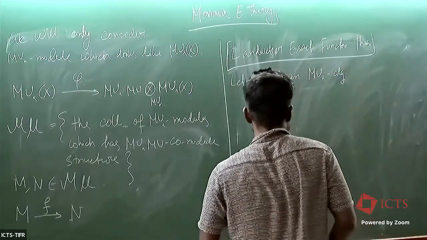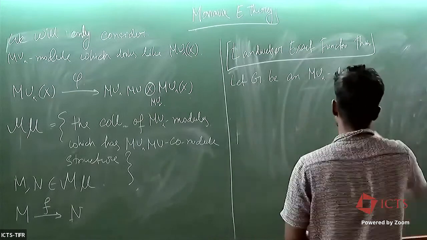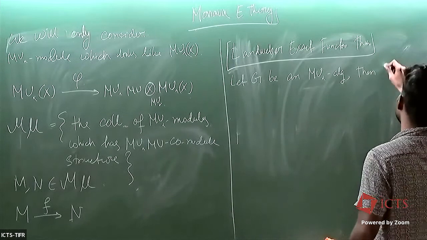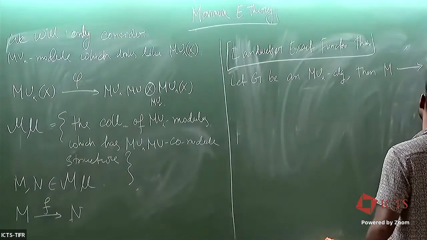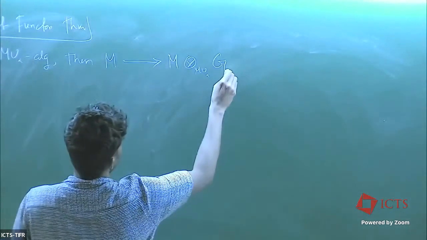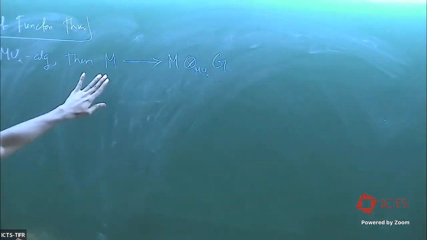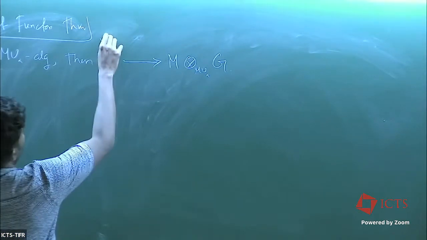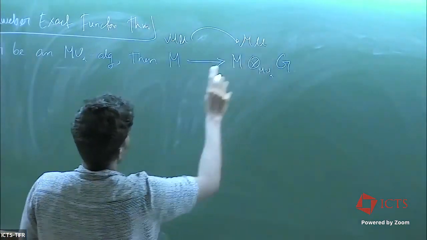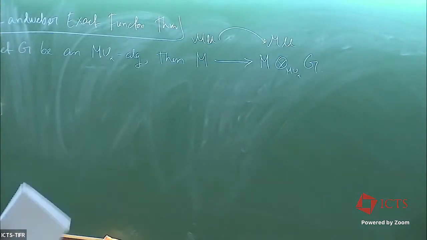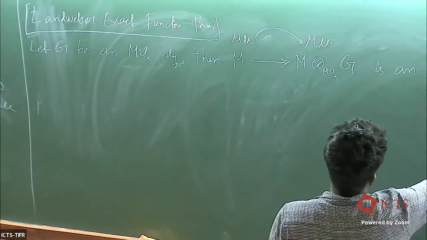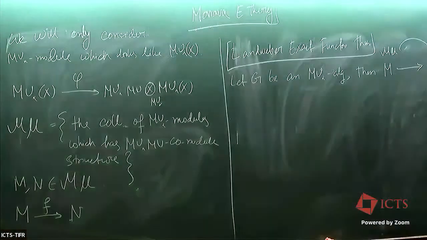Actually, mu star module is good enough, but let us look at mu star algebra. Then I take this functor m to m tensor mu star of G. So this again is a functor from this category mu to again mu, so this is a mu star mu comodule. Then this guy is an exact functor